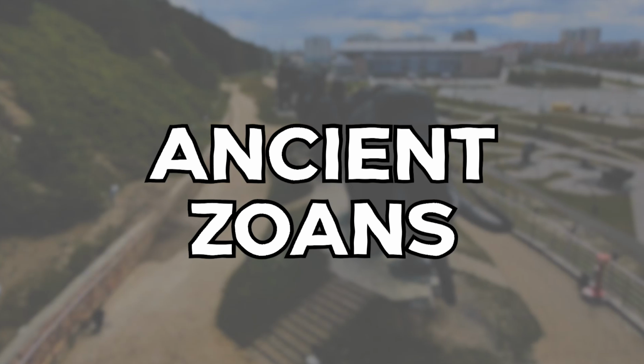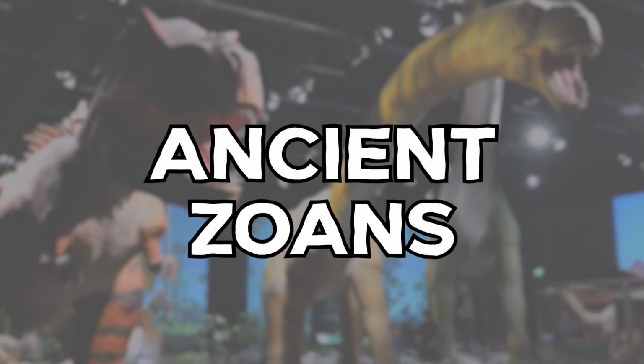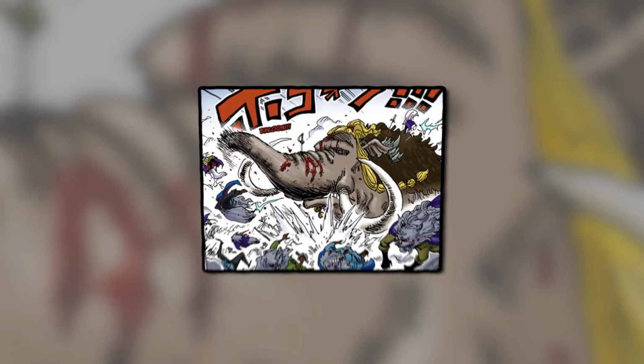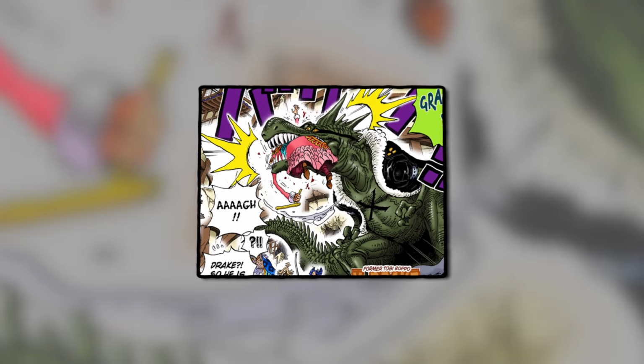And the first of these are so-called ancient zoans, which are still animal devil fruits, but they represent animals or creatures from the distant past. For example, dinosaurs, woolly mammoths, and even a saber-toothed tiger. And just like regular zoans, these ancient zoan fruit users can also transform into their hybrid and full animal forms,